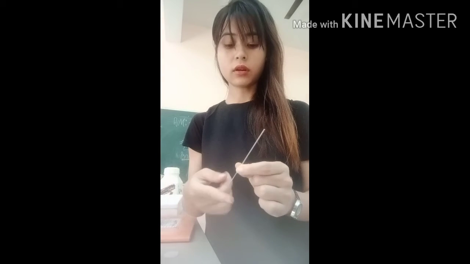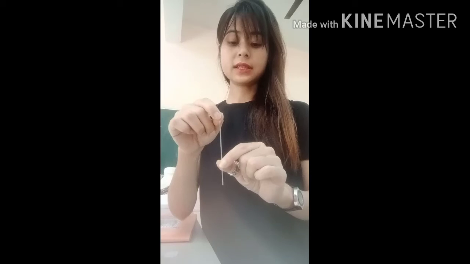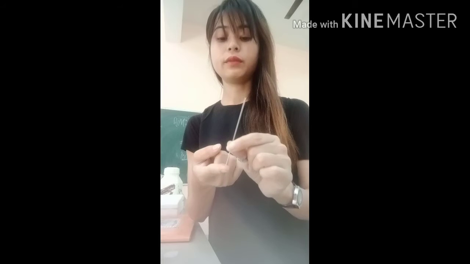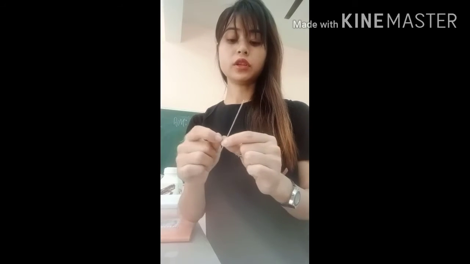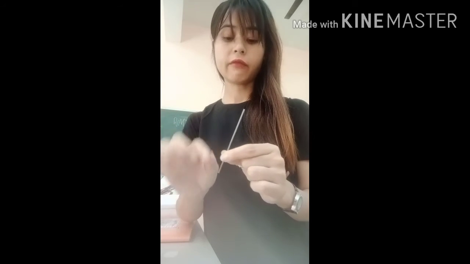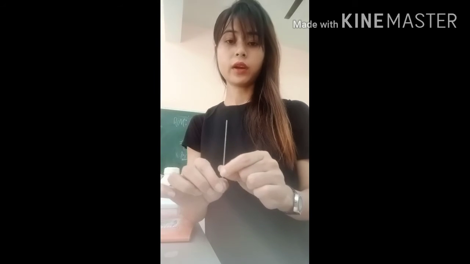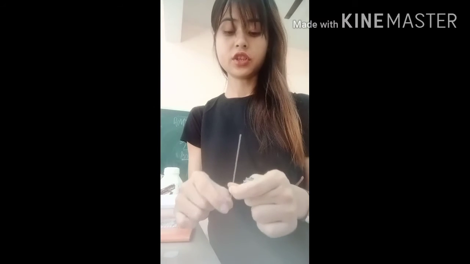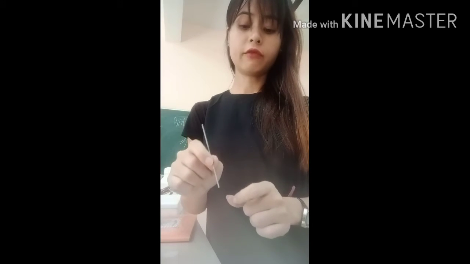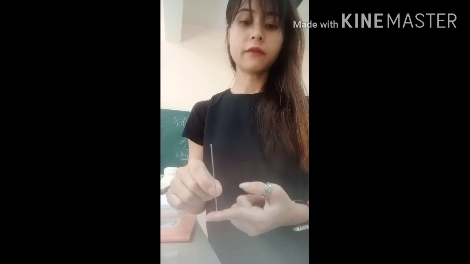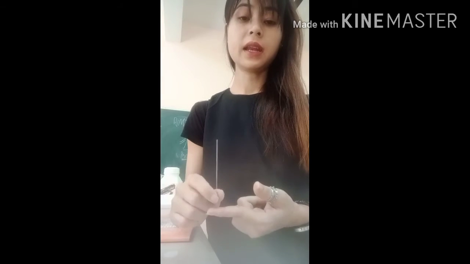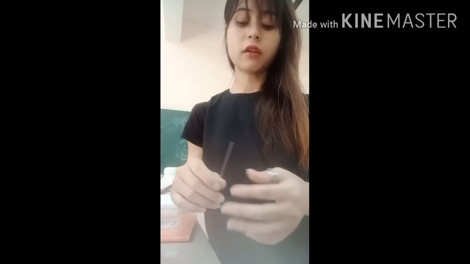So this is how to prepare the sample. Put the sample in this capillary tube, with one end open and the other end closed, and the sample should not contain any liquid, because that liquid might act as an impurity while doing your melting point determination. You have to be careful with the preparation of the sample, because if you don't do it carefully, it might affect your determination of the melting point.